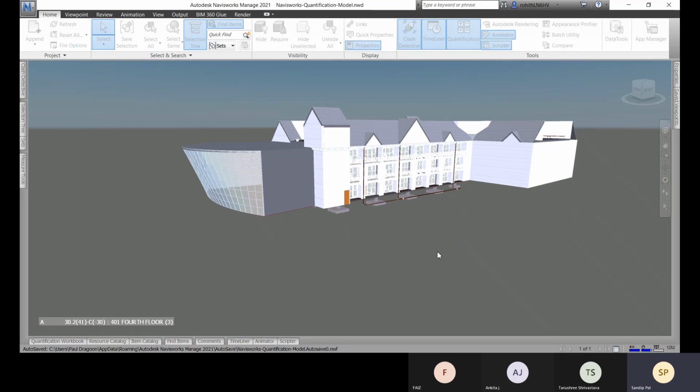Go to browse and select your own catalog. Here I will be using metric. If you want imperial, you can choose that as per your requirement. I'm going with metric, I love to work with metric, so you will have all the values in metric.